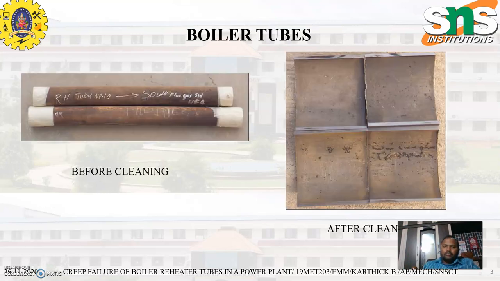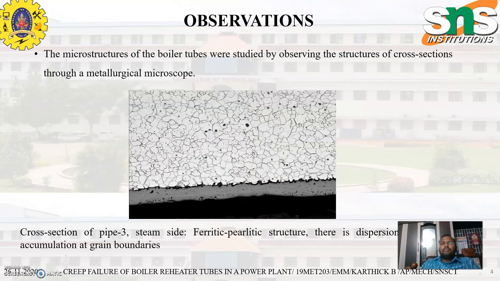This is the boiler tube. Before cleaning, it looks like this, and after it has been cut into pieces, and after cleaning, you can see it like this. We are going to have a clean microstructural view of it. Taking the microstructure part,